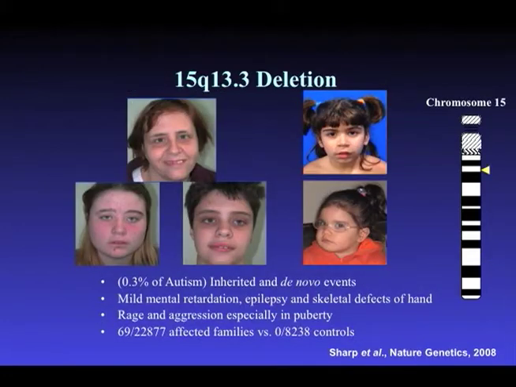This is a third example. This is a deletion that turned out to be a little bit more vexing for us and a little bit more complicated. When we initially found this deletion, we were kind of disappointed. We found it and we thought it had a wonderful candidate gene within the critical region. It was a nicotinic acetylcholine receptor known as CHRNA7. And we looked at the individual patient, and this was the index patient that we identified,